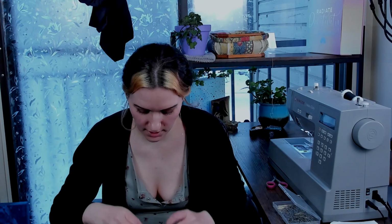fold it in half and find the center. It might mean that I have to cut pieces off on both sides, but I'd rather cut pieces off on both sides than mess up and have my angles wrong if I just start at one end and work my way around. And the nice thing is that all these edges are already zigzagged, so I don't even need to zigzag them after. So it shouldn't take me too long at all to get